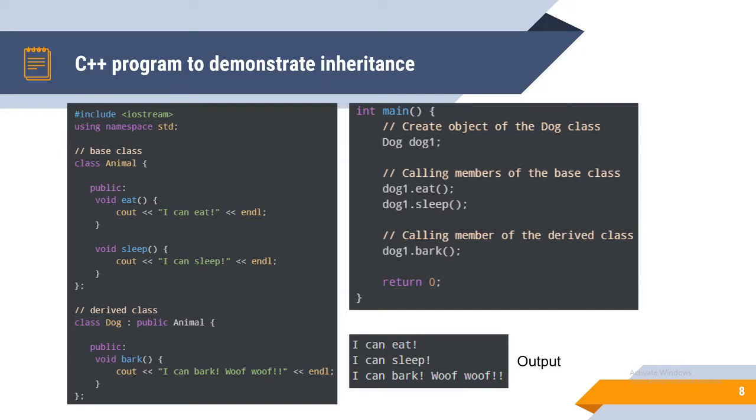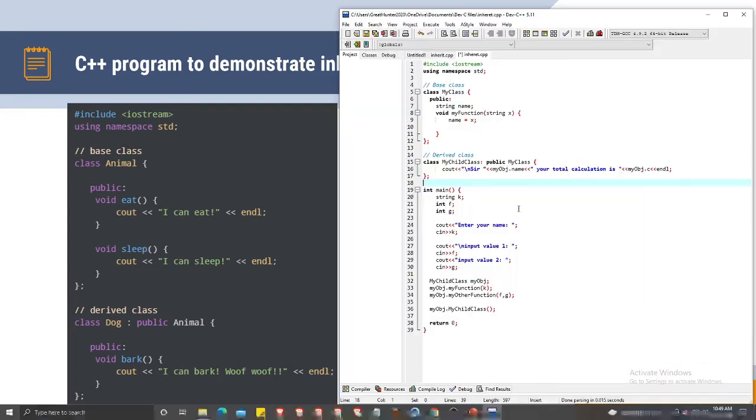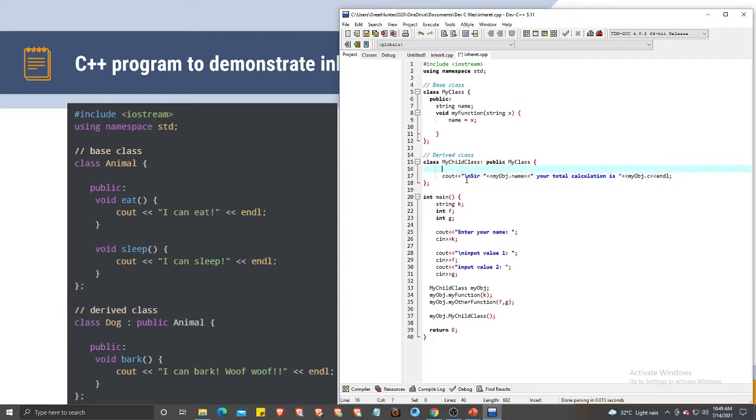demonstrating how we're going to create a program where we are gathering data and transferring that data into this particular data member of the base class and the derived class. Okay, so this is an example of inheritance. We have here the base class and the derived class. I used only one member function here, and this one is also a cout, so I will use another member function,